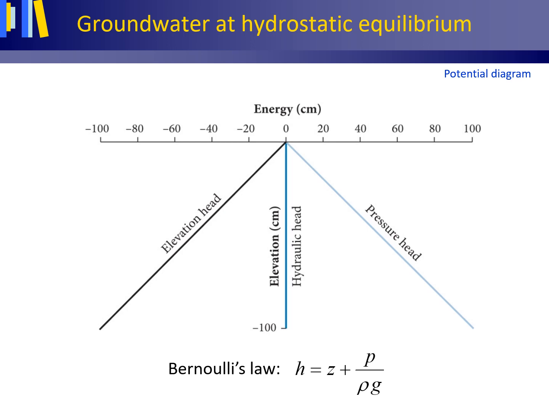As the water table is taken as the reference level, the elevation head at the water table is 0 meters. As mentioned before, the pressure head at the water table is 0 meters. Then, according to Bernoulli's law, the hydraulic head equals elevation head plus pressure head. The hydraulic head at the water table, being the sum of elevation head and pressure head, equals 0 meters.